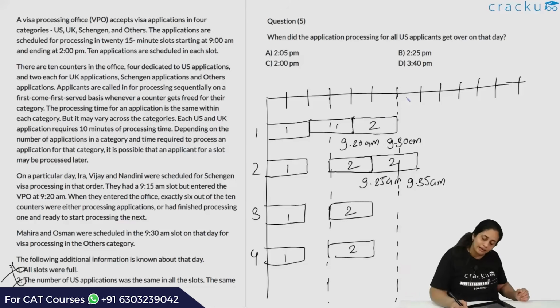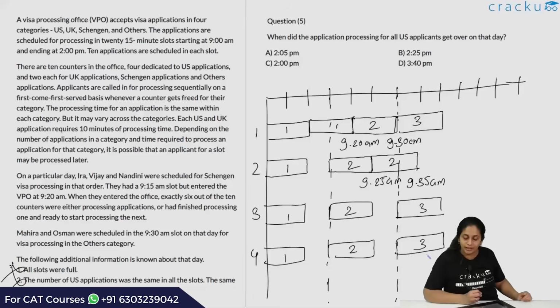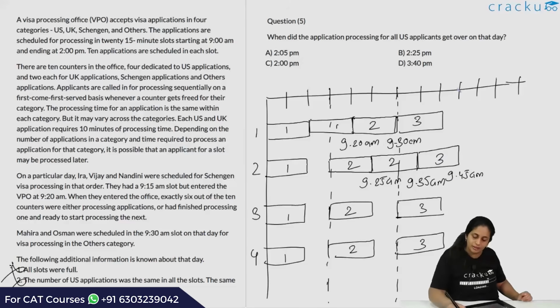Now you start again. At 9:30 you have 5 more applicants. So the first applicant will be spending time over here. This is the third slot, 10 minutes. This is again the third slot, 10 minutes. This is third slot, 10 minutes. 3 applicants have already been done by 9:40. 1, 2, 3 are done, 2 applicants are remaining. The fourth applicant I'll put over here. His work will be done by 9:45 a.m. So this is the third slot applicant.